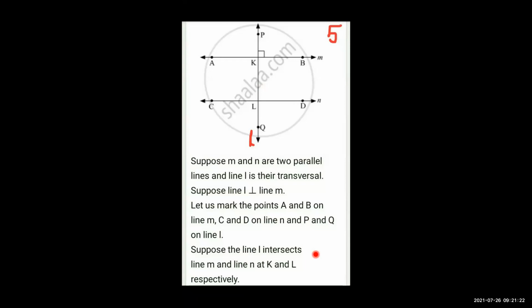Point A and point B are on line M, point C and D on line N, and P and Q are the points on line L. You can see it in the diagram. Suppose the line L